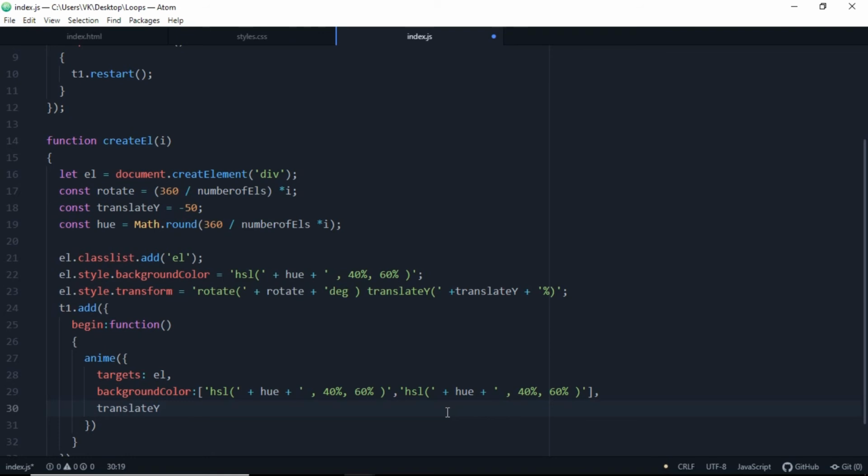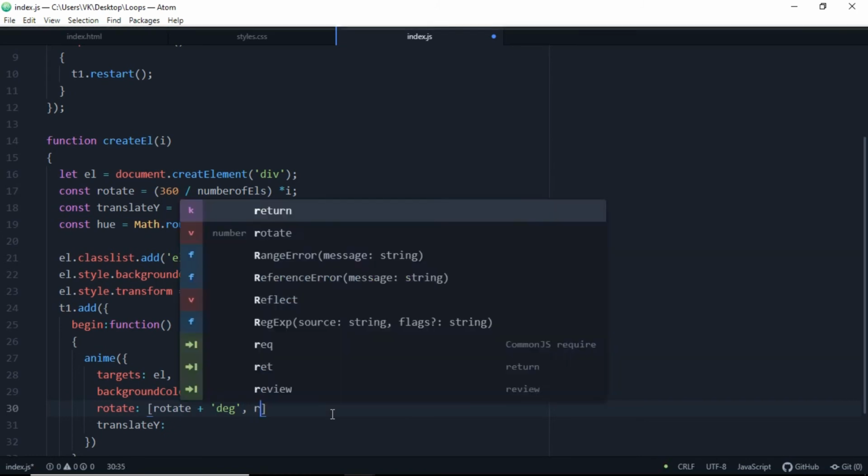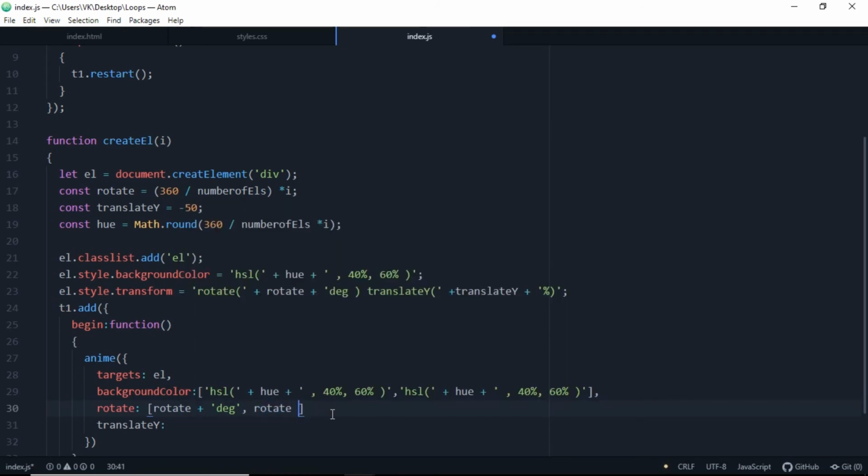So we're going to use the translateY here, add a colon, and also add some rotation properties here. Just copy this rotation from here and paste it for this rotate. We should just cancel this because that's not the perfect way to do this. So let's add the rotate here plus deg, and then add a comma, and then again add rotate plus 10 plus deg, which is a string, but it's going to act as a string while using the rotation property here, and comma.